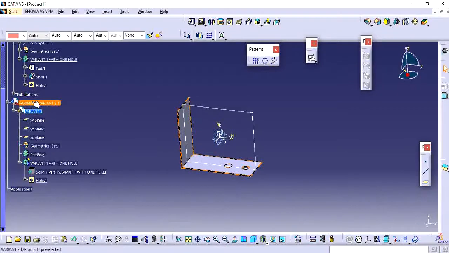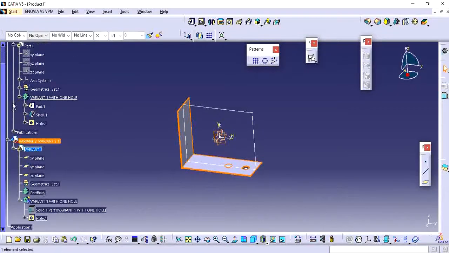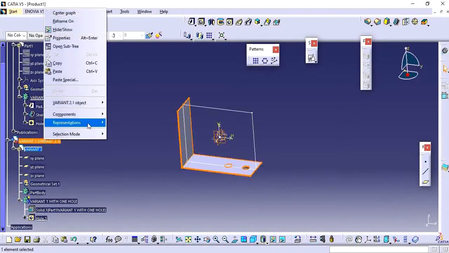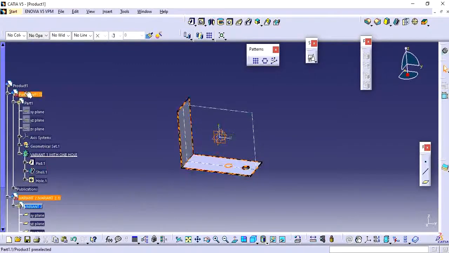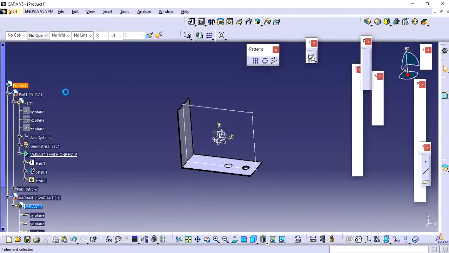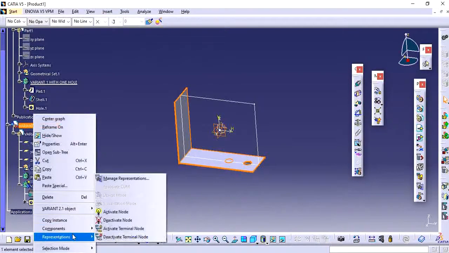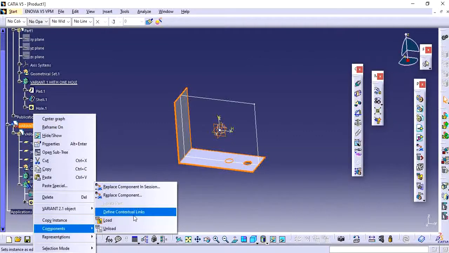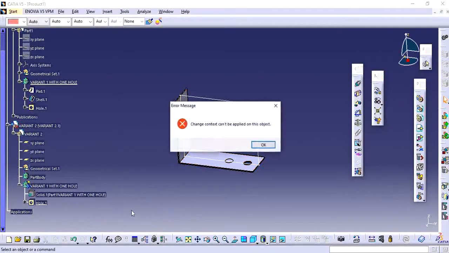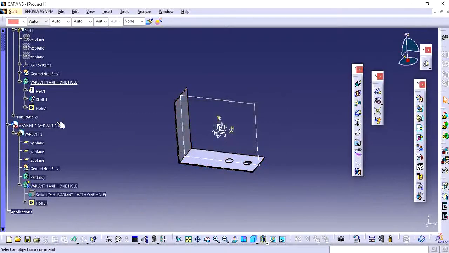So here it is not having the linking symbol. If I give contextual linking, it is not taking. So why?